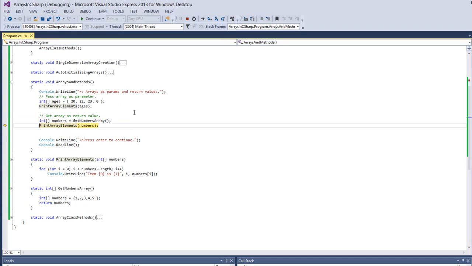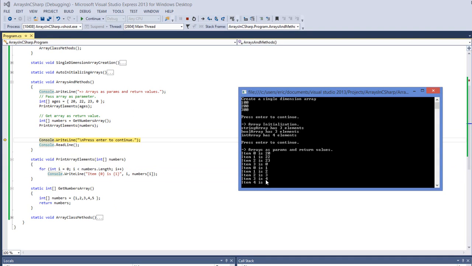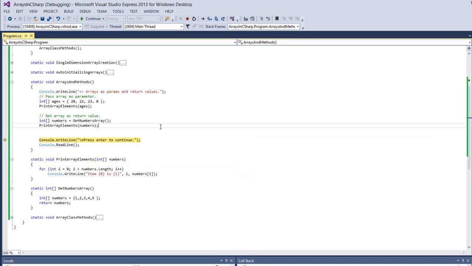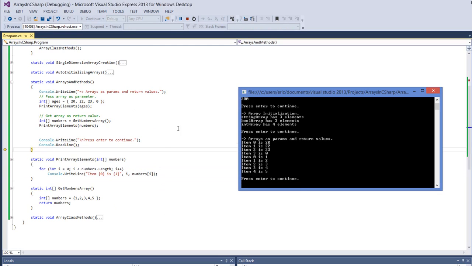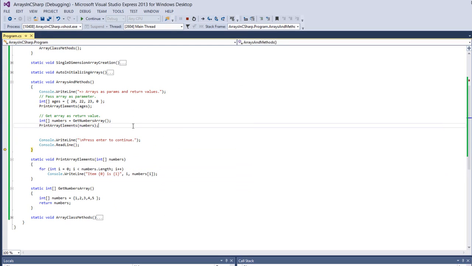Again, I can take this data, I can pass it to the print method, and we'll print out all 5 of those numbers. And you'll see that there they are. Let's continue onward. The next method,